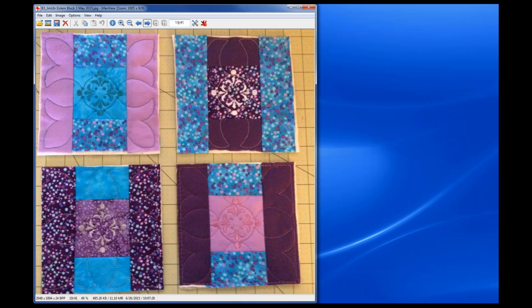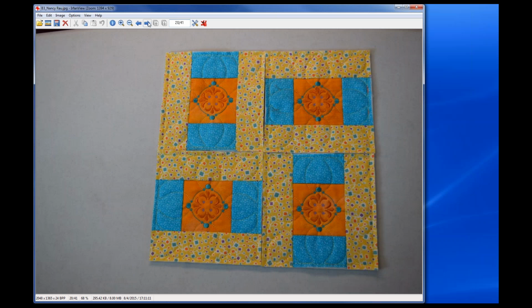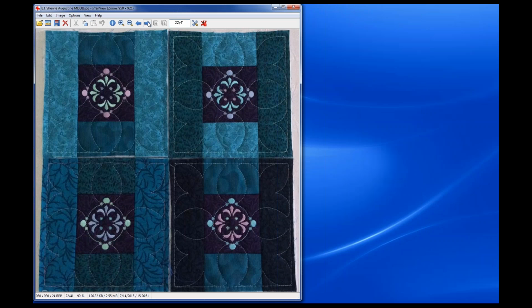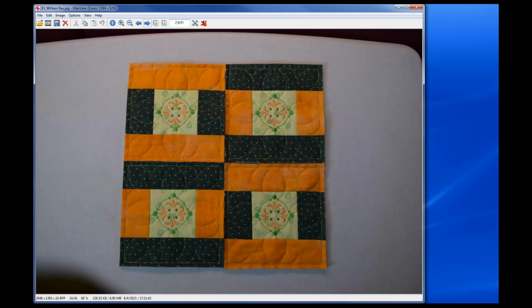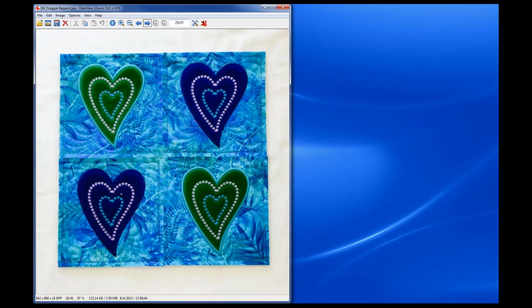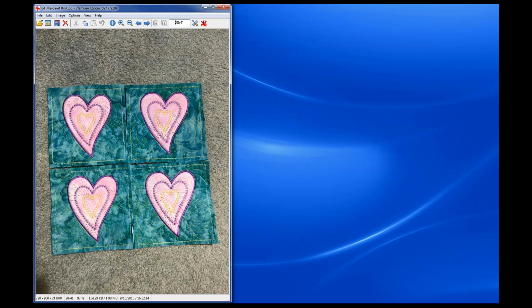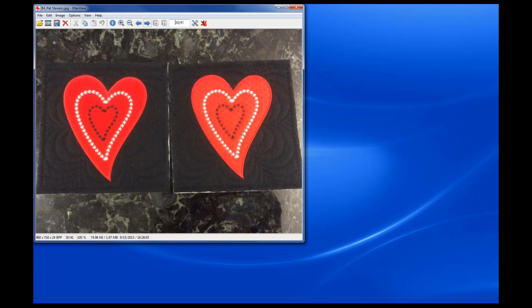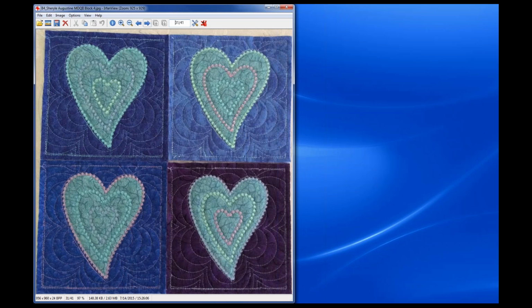But you can see, as DJ is going through, all the variations that have come in, and it's just amazing because the basic design is identical. What's changed is just the fabric and thread choices, and it's just amazing the amount of beautiful variations that you quilters have done with these simple designs. Yeah, I love it. I love the fact that everyone is using the same design but picking their own fabrics,